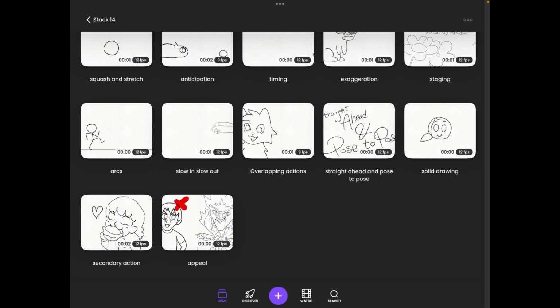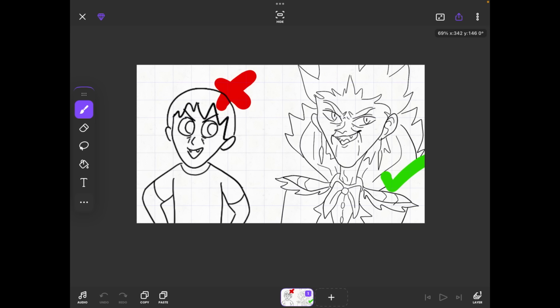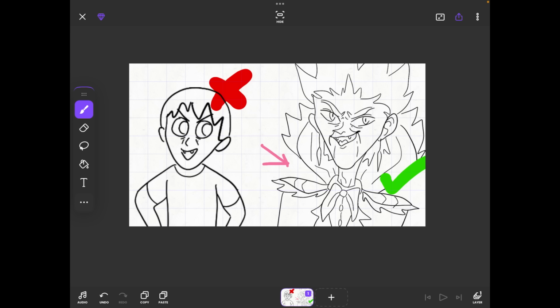And now we are going to go to appeal, which isn't strictly an animation principle per se. It can also be said about character design. So here I've done an example about this character, which has been designed in the first version, which you can see here, to be very simple. You can't even tell he's a villain. But then I redesigned the character so that his expression stayed more or less the same, because I did like the expression on the first one, but I added personality by changing the outfit and adding more details to the whole character. And appeal basically creates more interesting characters, and it ensures characters, poses, and scenes are engaging, attractive,